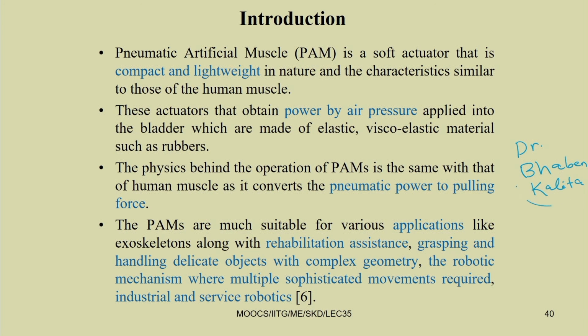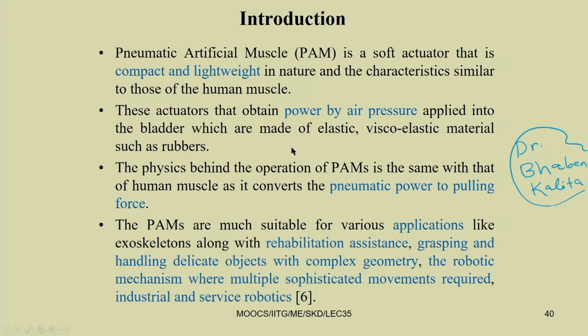So, this is part of the work by Dr. Bhavan Kalita, who was my PhD student. Here, this pneumatic artificial muscle is a soft actuator that is compact and lightweight in nature, with characteristics similar to those of the human muscle. These actuators obtain power from air pressure applied into the bladder, which is made of elastic, viscoelastic material